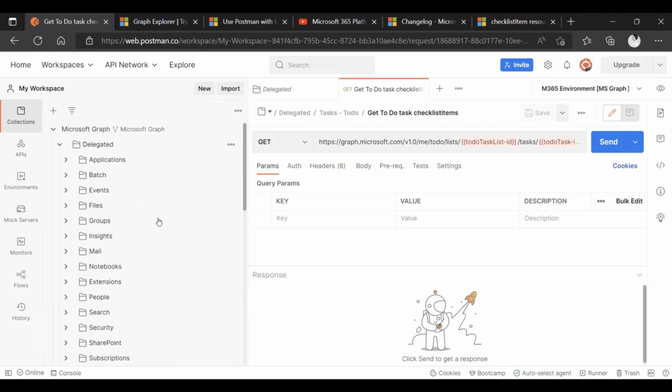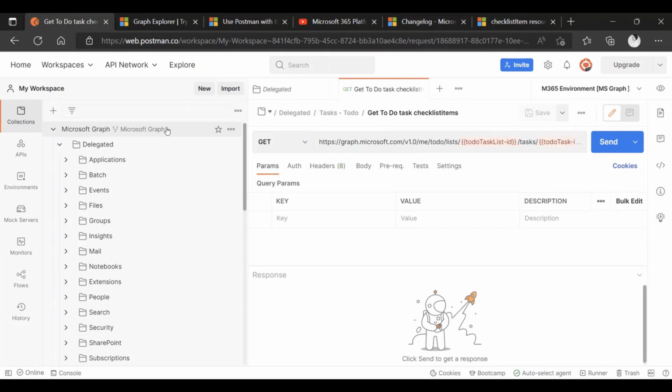Now, the second thing I want to show with collections is the collection runner. Basically, the collection runner is a nice feature that allows you to run the requests within the collection in a sequence. So there is a specific order on how to run the requests. This is really great if you want to test your collection.